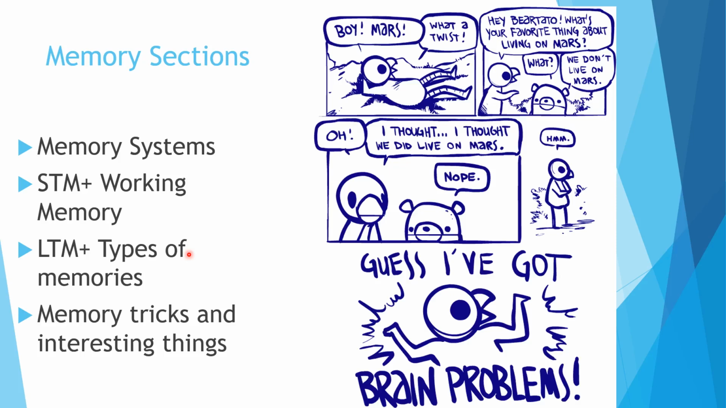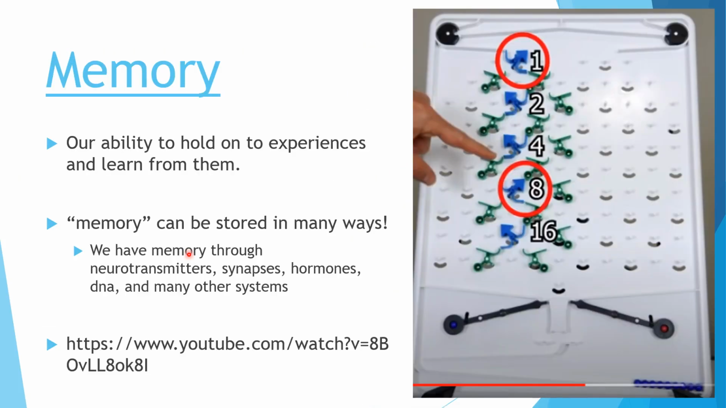So let's move on and talk about some more concrete, realistically abstract bits of information. We'll start here. The definition for memory is our ability to hold on to experiences and learn from them. Memory can be stored in quite a few different ways. Within our own minds, of course, we know that we have neurotransmitters and synapses and hormones and DNA. You can even think of the calluses that form on your hands after days of hard work as a form